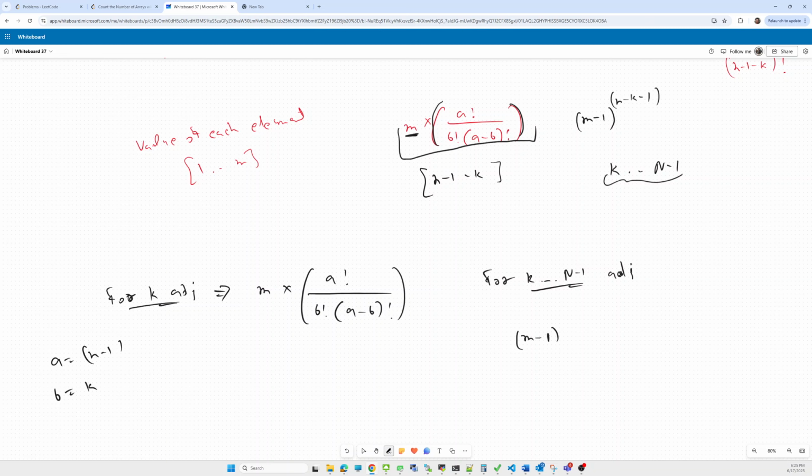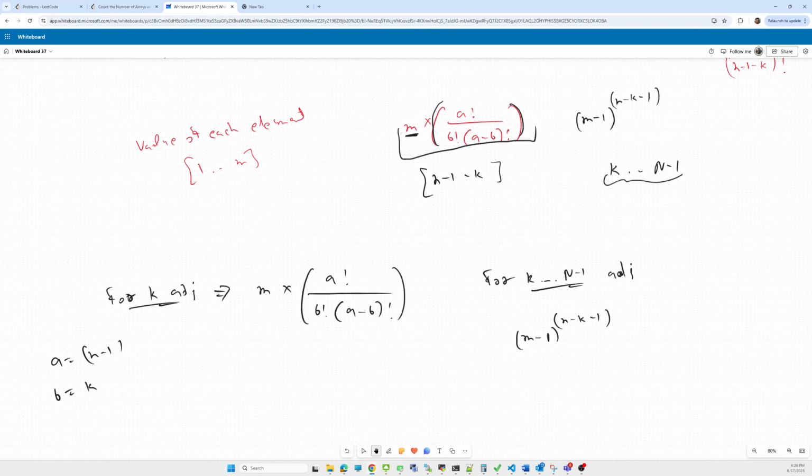We have m minus 1 options, because we want adjacent elements to differ. So they have only m minus 1 choices, and the total number of combinations will be m minus 1 to the power of n minus k minus 1. Now we have to take the product of both.